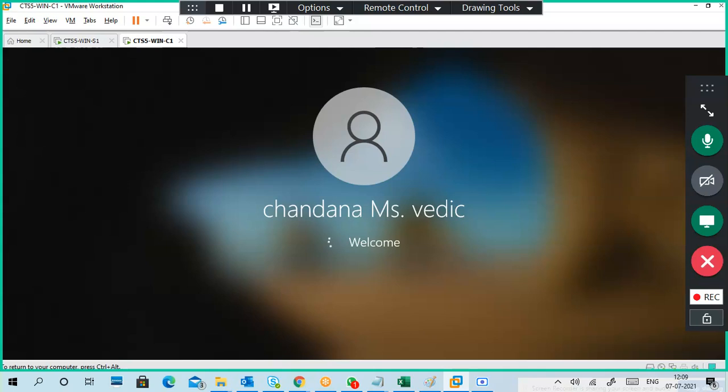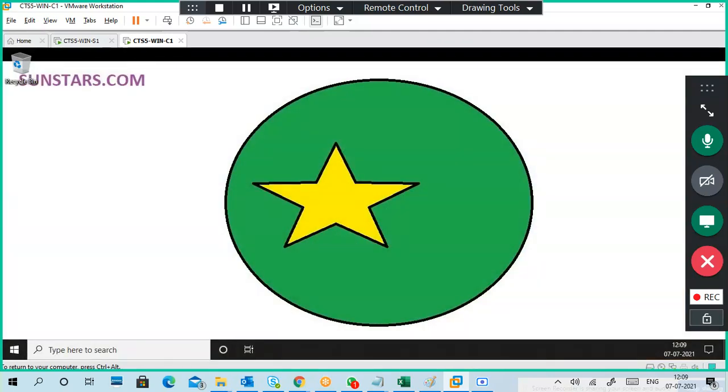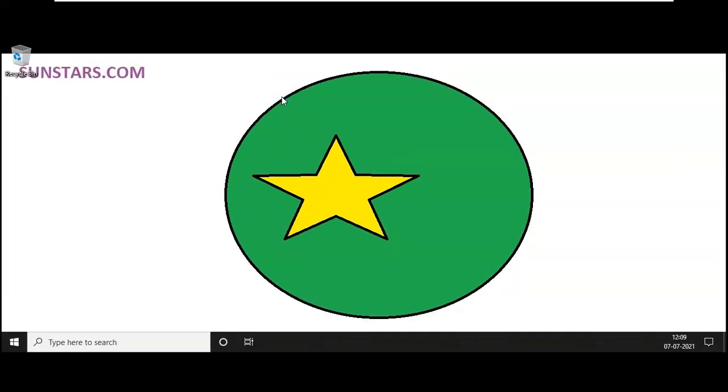When it is showing welcome, it means the user is authenticated, and then it tries to pull the configuration from the server. Yeah, I got my screen. Can you see?